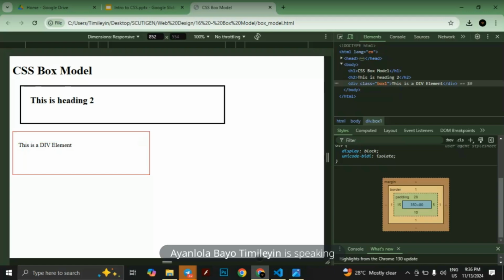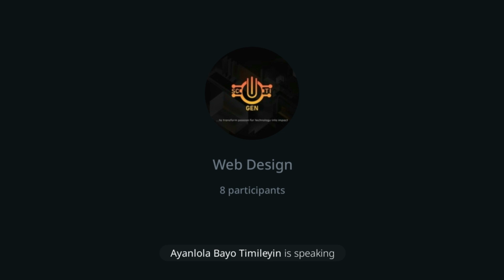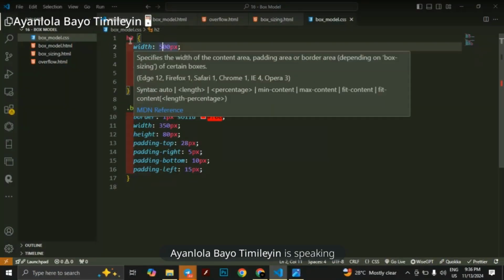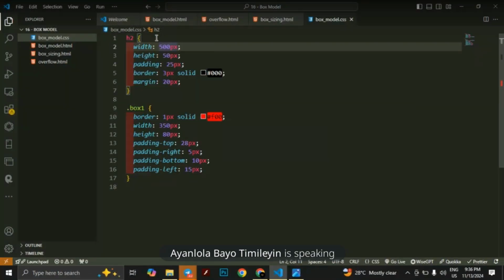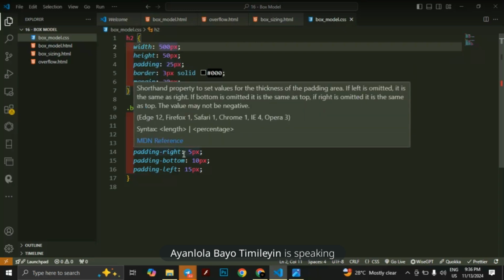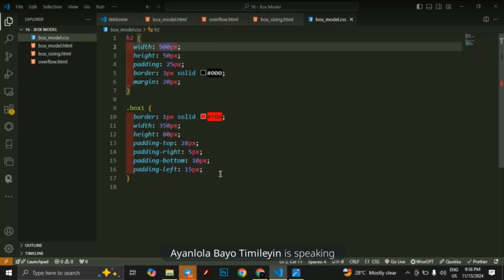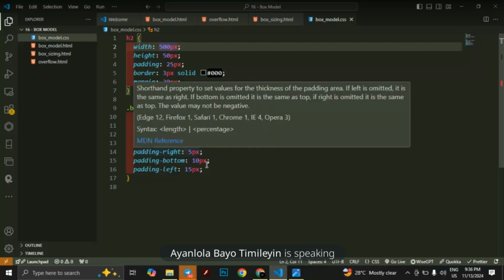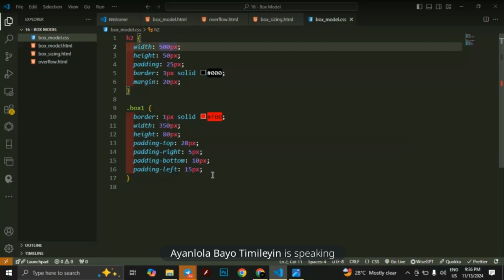So we have the shorthand property for padding, which we used on heading 2. This padding right here is the shorthand property for padding top, padding right, padding bottom, and padding left. So if you want to set the value individually using shorthand property, we can achieve that as well. So this value, the way it is right now, if you want to use shorthand property,